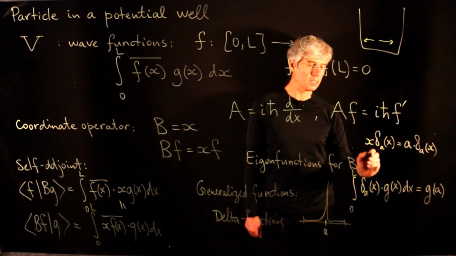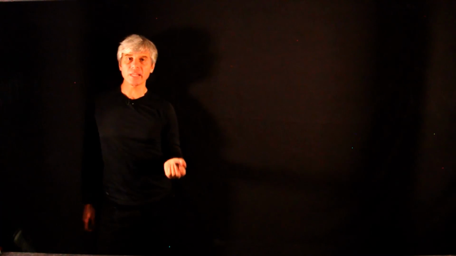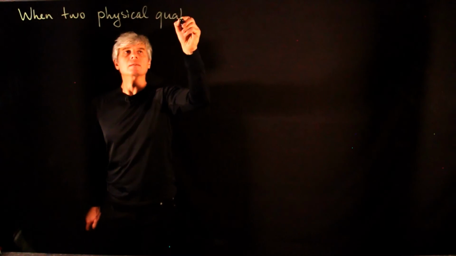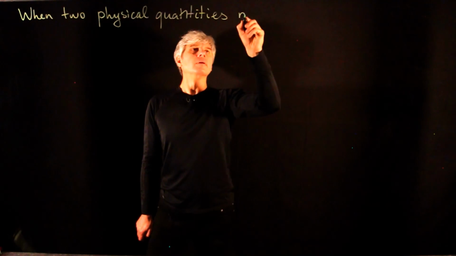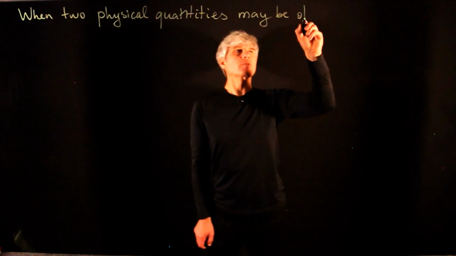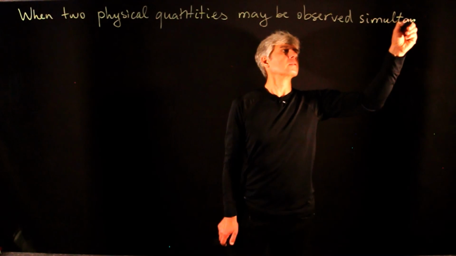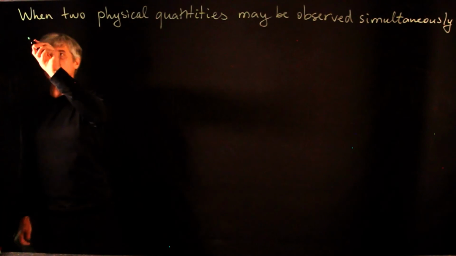And so what we see is that it's an eigenfunction for the operator B. So the last important point that we need to make when we talk about observables in quantum mechanics is the following question: when may two physical quantities be observed simultaneously? And the answer to this question is,